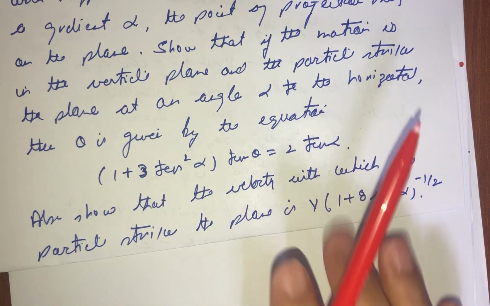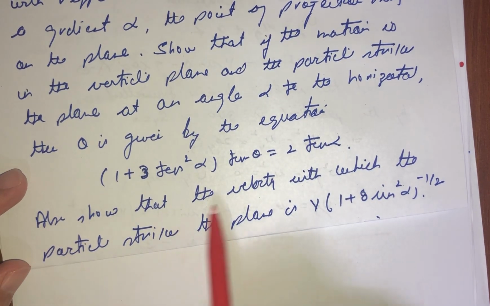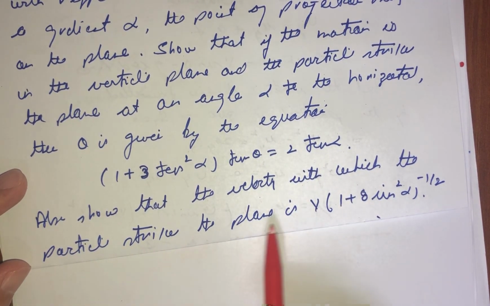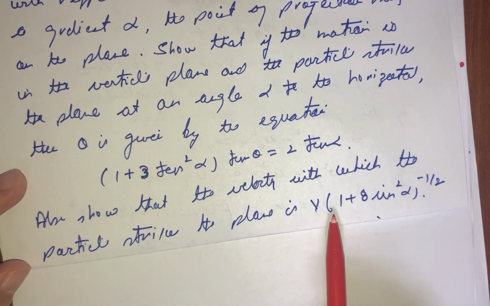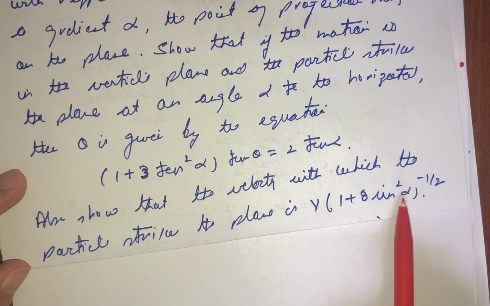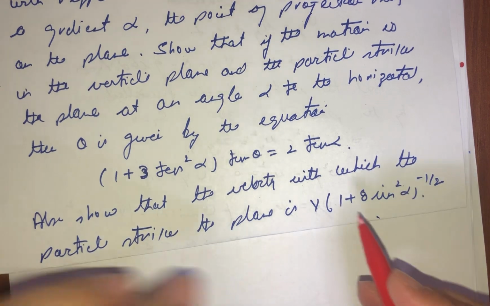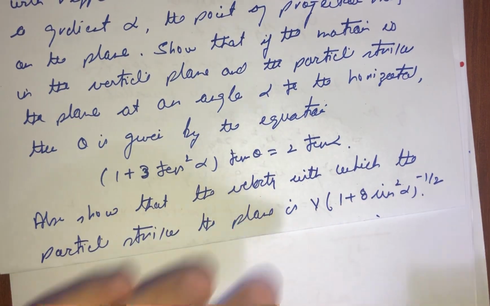So this is the first part. And in the second part, also show that the velocity with which the particle strikes the plane is given by v multiplied by the square root of (1 + 8 sin² alpha). It means square root of this part, 1 plus 8 sin² alpha. In this case,